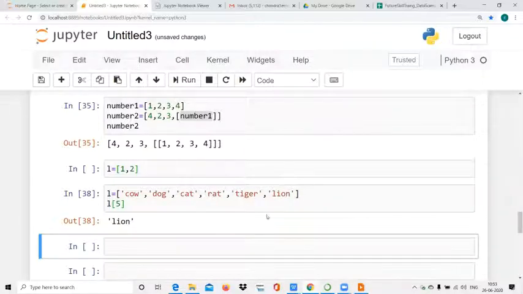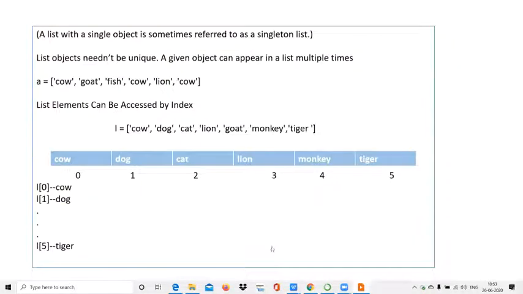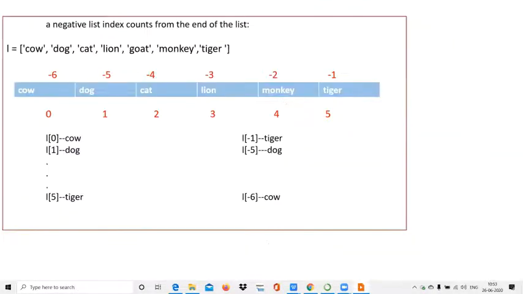So L5 will give your fifth element, and indexing can start with negative numbers also. We can use the index negative also, positive as well as negative. But in negative, the -1 will start from your inside: -1, -2, -3, -4, -5, -6.